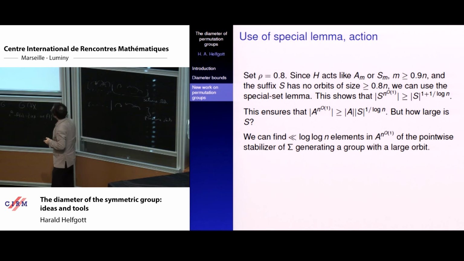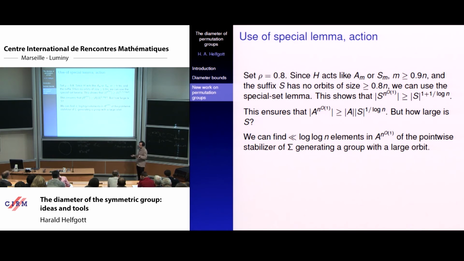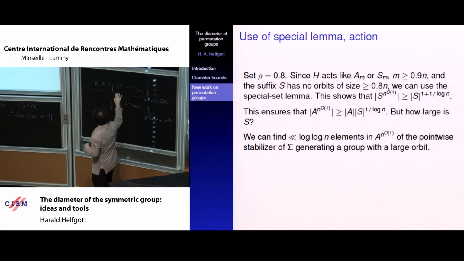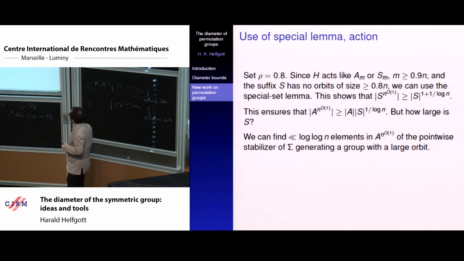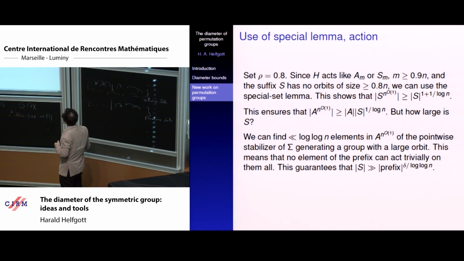But then an argument that is already done in Helfgott-Seress works, because, well, we modify things a bit, and we get that you have an expensive set of bounded size that generates a group. Here I get a somewhat bigger set that I can get more cheaply. So I can get some generating elements here that generate something with a large orbit. That's good. And then what do I have? I have that,